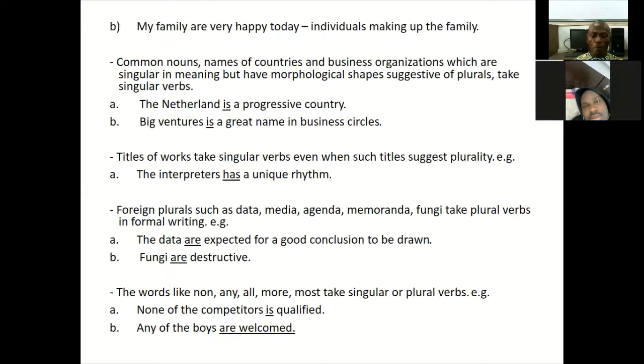Again, I said the words like none, any, all, more, most take singular or plural verbs, depending on the context in which they are being used. None of the competitors is qualified. Take note, it says none. That means nobody. And so, therefore, if you see competitors, it shouldn't be